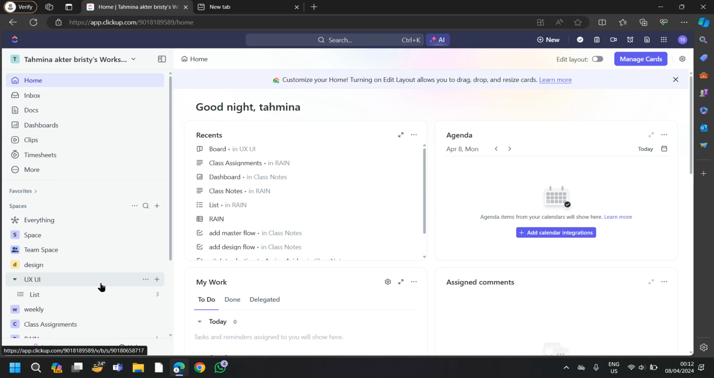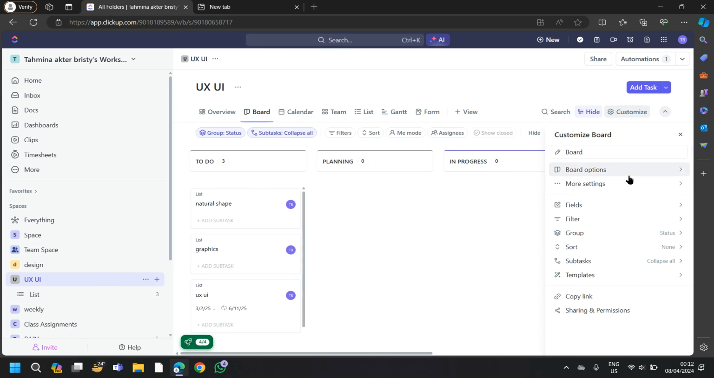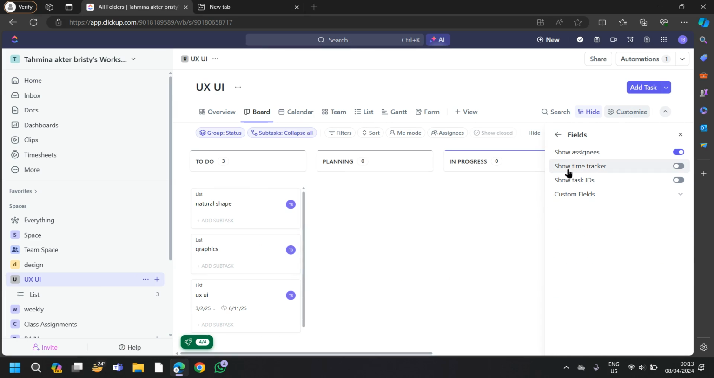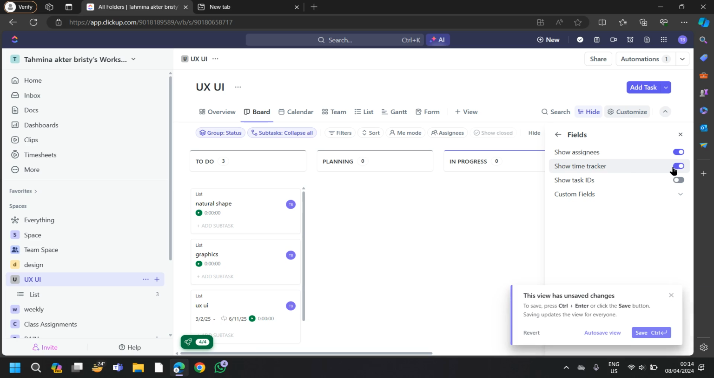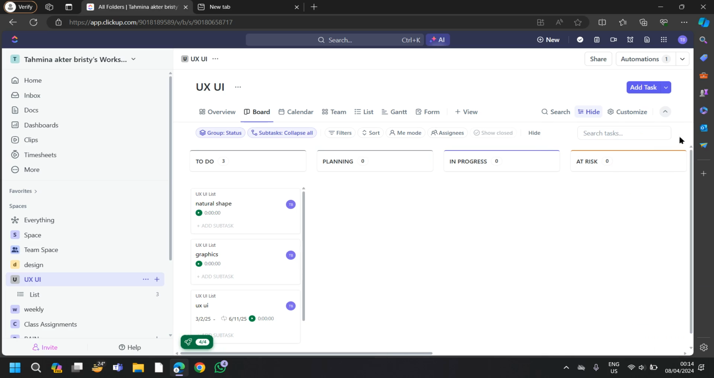and then go to the folder from where you have taken the task. Then tap on customize. Now go to customize, tap on fields, and then click on this show time tracker option. Turn the show time tracker on and then save it. Save the changes. And now you can see you have a timer in